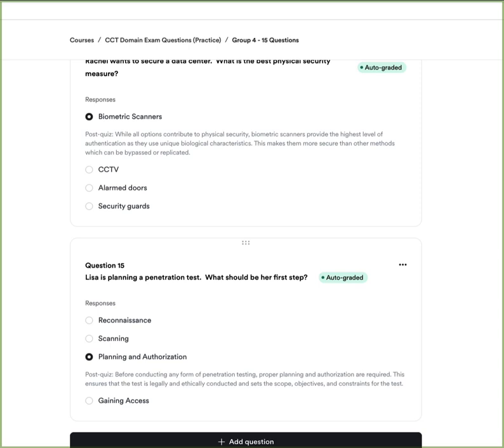Before conducting any form of penetration test, I highly recommend this. You need to have proper planning and authorization before you do it. If you don't have that, it can get really squishy really quick because now you can be considered a hacker, and then you get yourself into legal trouble very, very quickly. It's problematic, believe me. I always had a get out of jail free card anytime we did any sort of penetration testing.